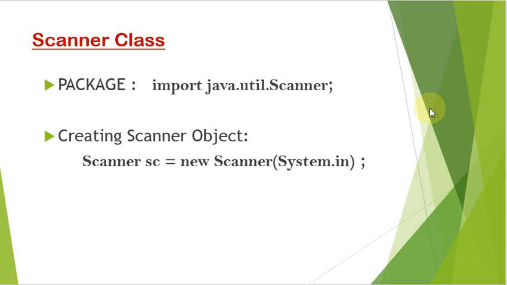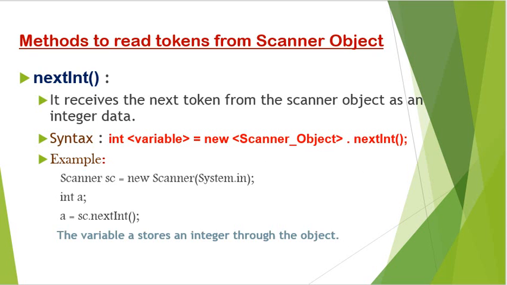Now after creating the object of the Scanner class, we can accept the input from the user, as the Scanner class provides multiple functions or methods. So now after creating the Scanner object, we are going to read how we can accept different types of values. As we know that in Java we are dealing with multiple data types, integer, float, different primitive data values are there. So the user can give different data,